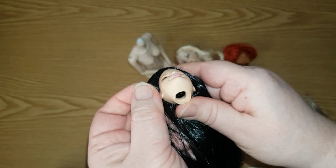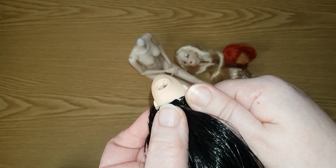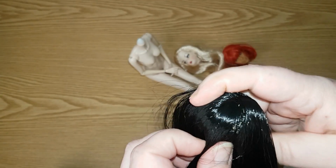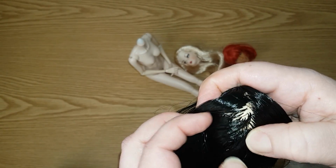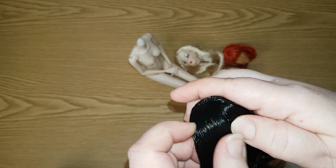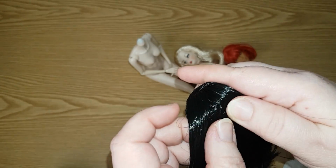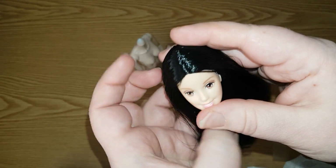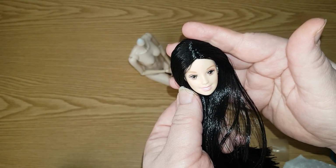And the seller also has this head with long blonde hair and red hair, but these are double the price and they were not included in the choice system. And I'm not sure if I really want to pay so much for the heads with alternative rooting. Yeah, I'm still not sure, but these two heads definitely helped me to decide that I will go for other